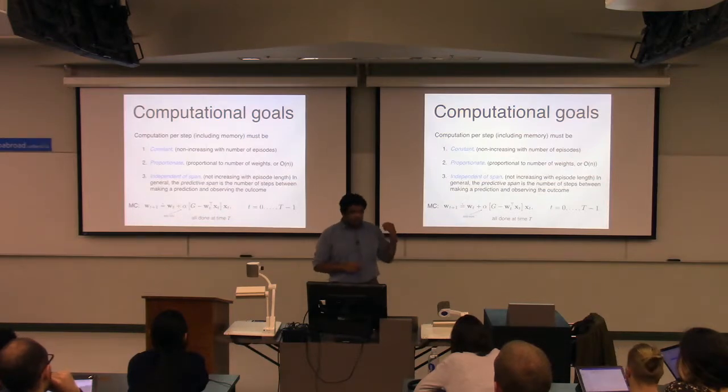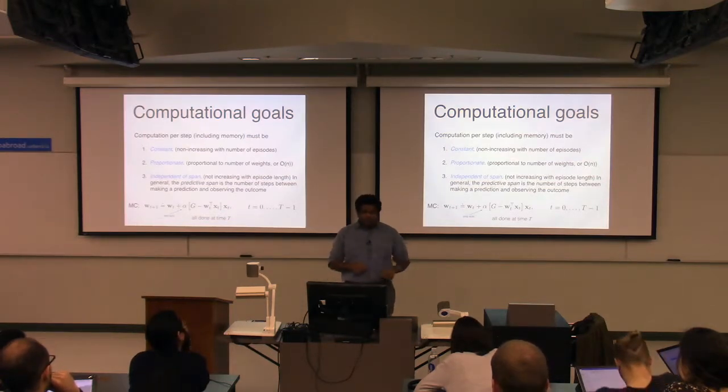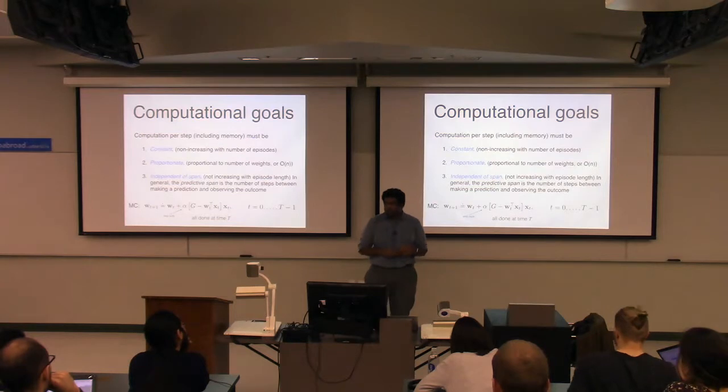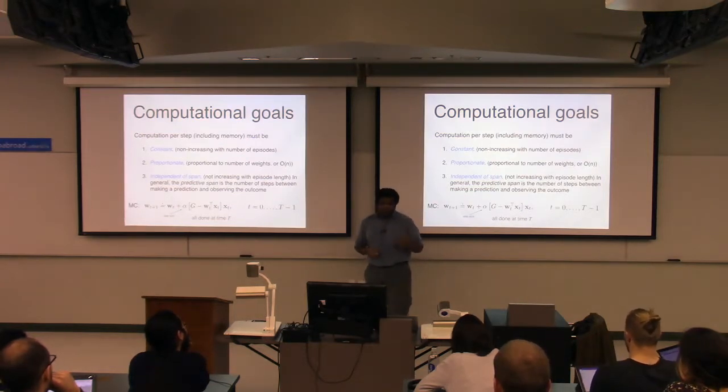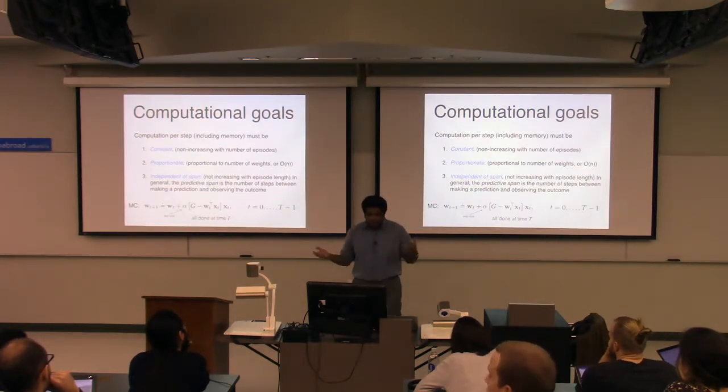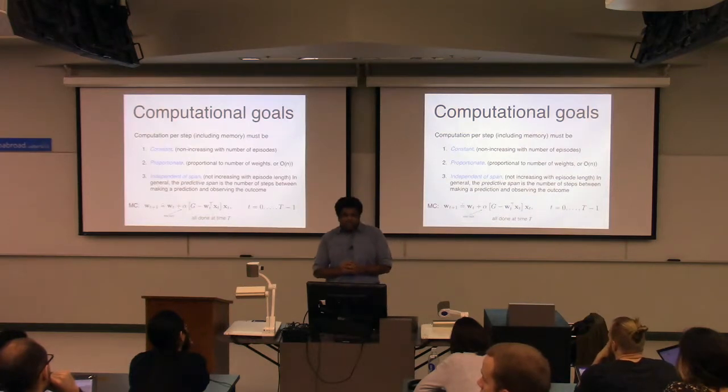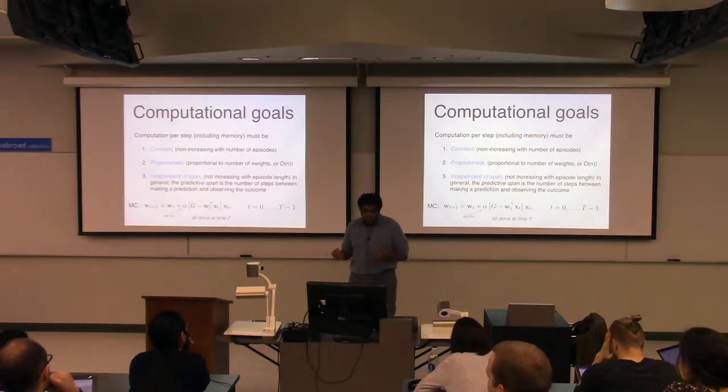So if you want to be able to make a prediction now and update in 5 years, and you don't want to have to do 5 years worth of processing when you get that answer, then you want something that's independent of the span. So you could update all the weights in between that you were using. Okay,